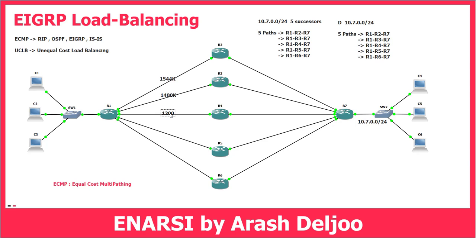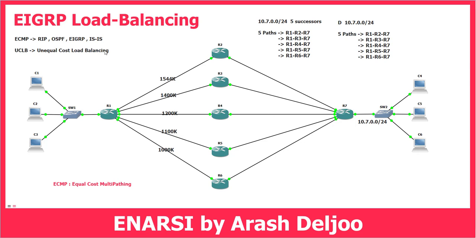Here we have 1200 kilo, and here we have, for example, 1100 kilo, and here we have 1000 kilo. As you can see now, we have different metrics between these 5 paths. In EIGRP, with the feature of UCLB, or unequal cost load balancing, we can load balance traffic between these 5 paths. This means that we can load balance traffic between different metrics, and this is only available in